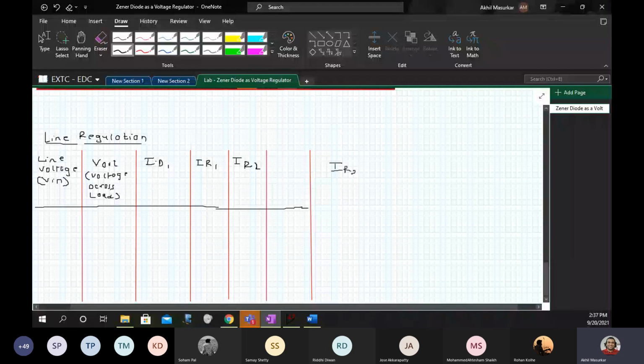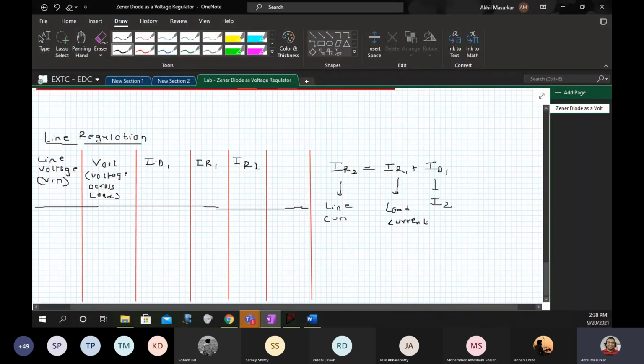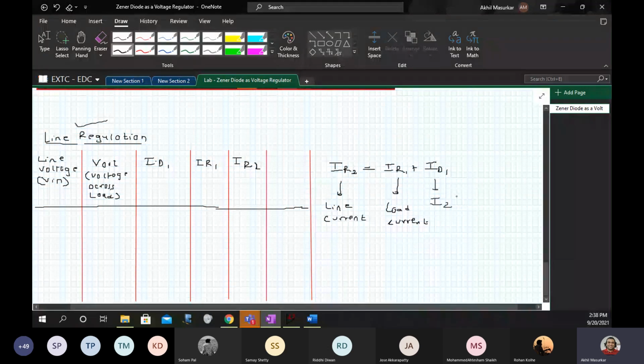So IR2 is always equal to IR1 plus ID1. This is also called IZ, okay, or IR2 is also the line current, and this is my load current. So load current plus Zener current will always be equal to line current. So this is about line regulation.